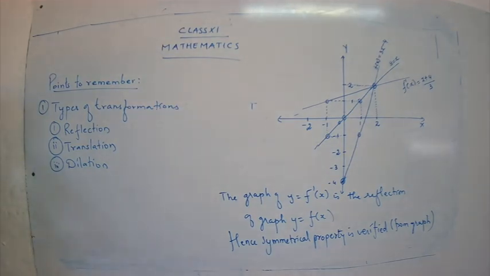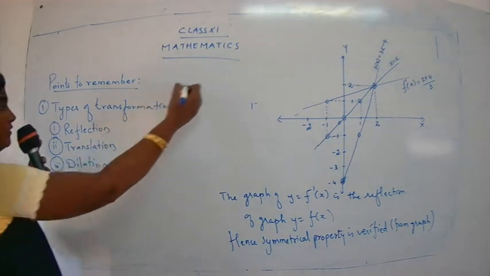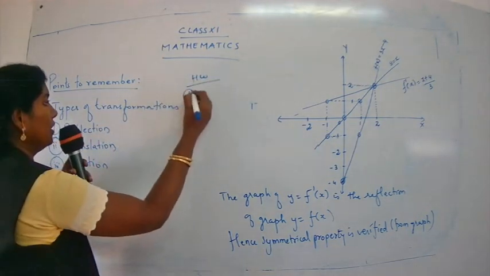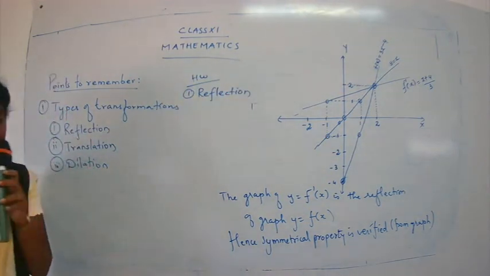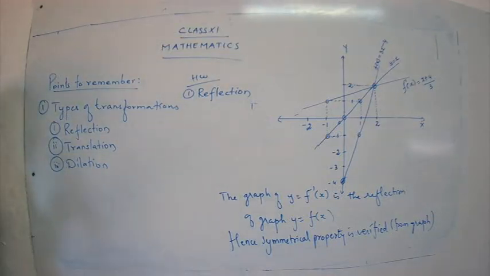Okay, now let's start the next thing. Whatever things we are going to do now will be homework, and you are going to write down all those points, and I will give you some work for graphs also. So you have to plot the graphs, and you have to write some definitions as homework. So listen to the homework carefully. The first point under homework is about reflection. Listen to me carefully. Nobody is going to say, ma'am, we did not get your homework. So just listen to the homework question carefully.